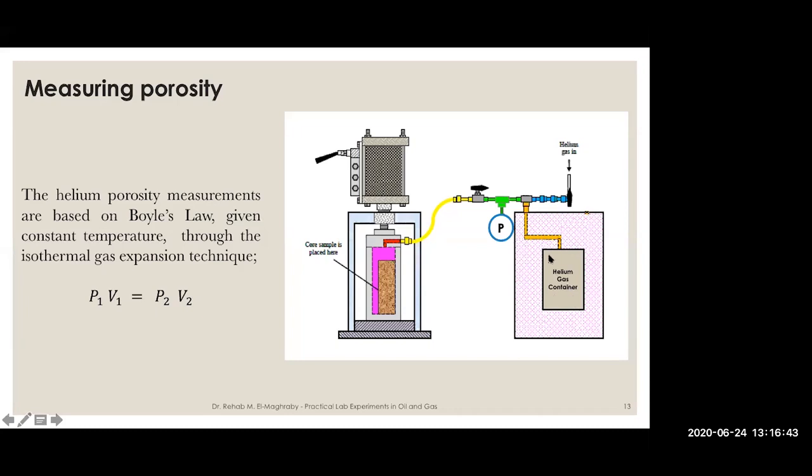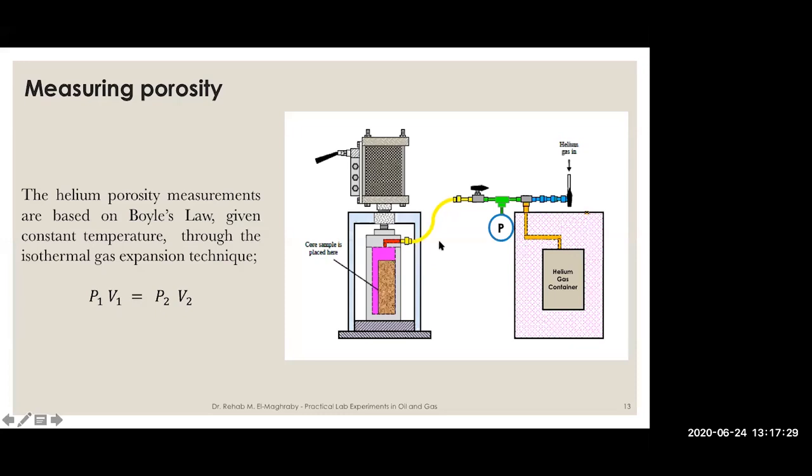In the initial condition, while this valve is closed and you fill this container with helium, you can read the pressure. So this helium container is filled with helium gas, and the pressure read at this initial condition will be P1. And the volume of this container is known, it is V1, okay? Once you open this valve, the helium will expand. What will happen to the pressure? The pressure will drop. You will leave it until the pressure stabilizes, and you can read this pressure. So the pressure after the expansion will be P2,